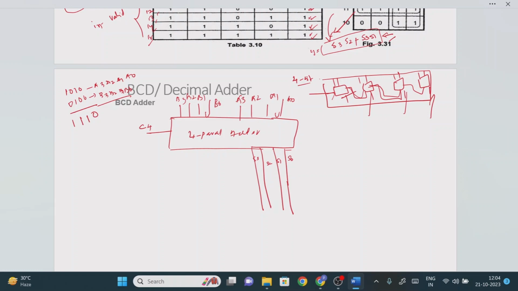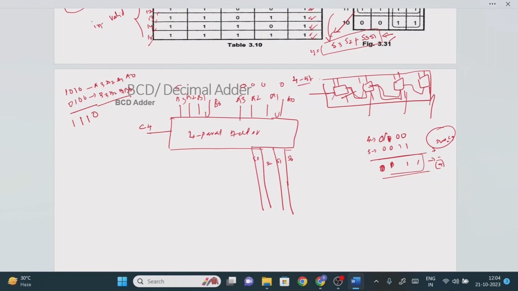Once it is done, for example, let's say 4 plus 3 we will consider, that is 0 1 0 0 plus 0 0 1 1. What is the answer? 0 1 1 1. So is it valid or invalid, right? 0 1 1 1 means 7, right? Now the sum is less than or equal to 9, right? Valid means the answer is the correct answer. It means that here the A bit value we are going to get is 0 0 0 0. Here we are giving 0 0 0 0.